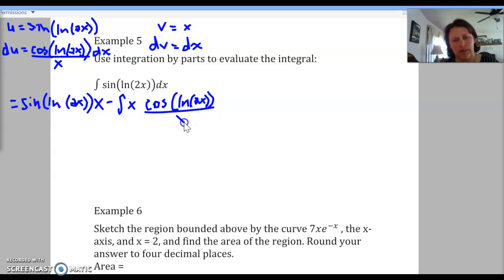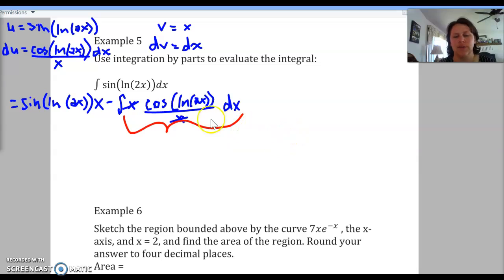Okay, so see what's going to happen with our x's here, and then dx. Okay, so our x's are going to cancel. And now what you notice here, we have an integral that is really not much different from what we started with. However,